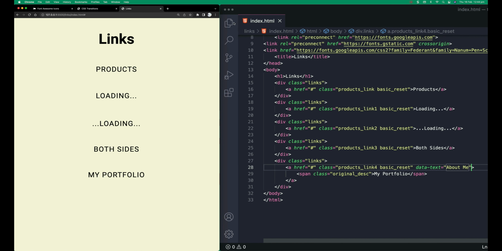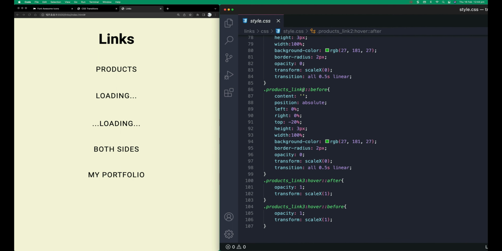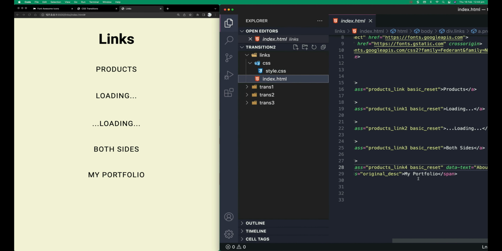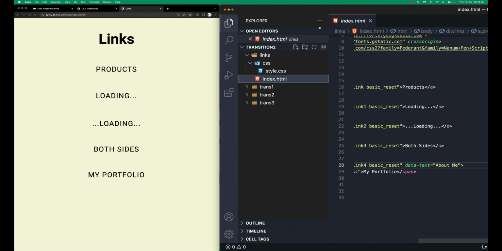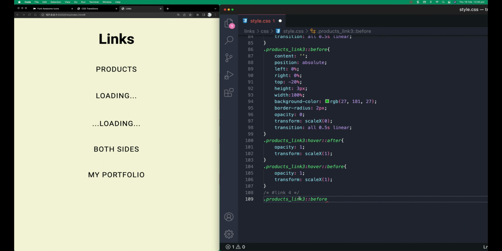So remember, in the before or after state, we always use the content to be equal to an empty string. But now we can target the content of this data-text here. So let's do this. It's going to be very interesting, and you're going to learn something new. This is probably link 4, right? So all I need to do is grab this one so I don't type it again. So product links 4,